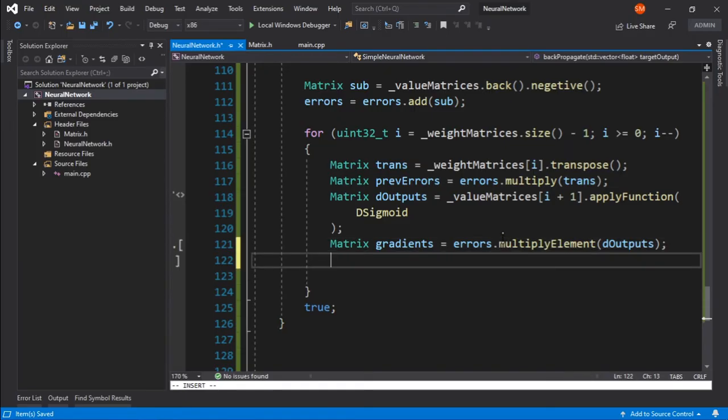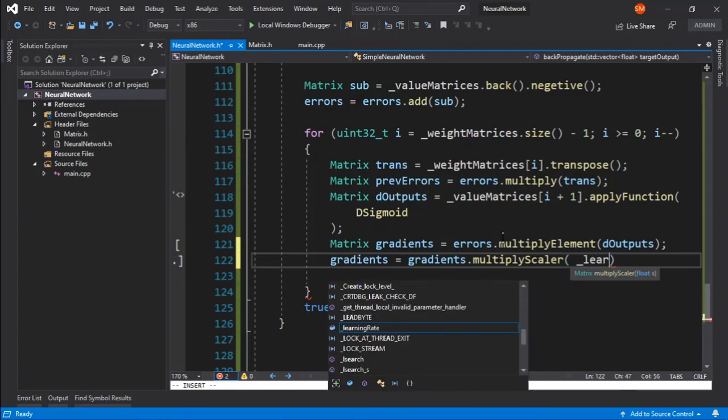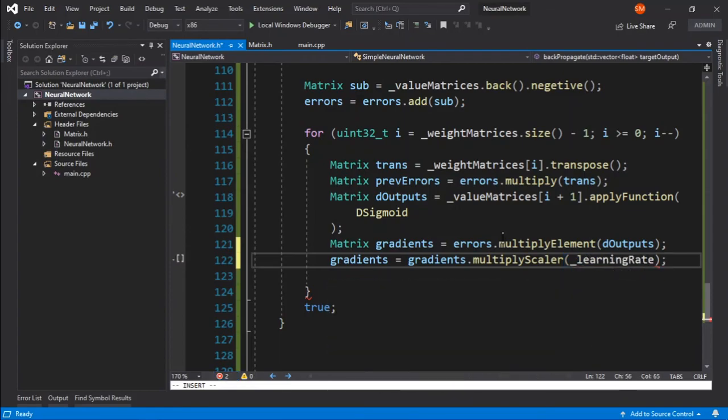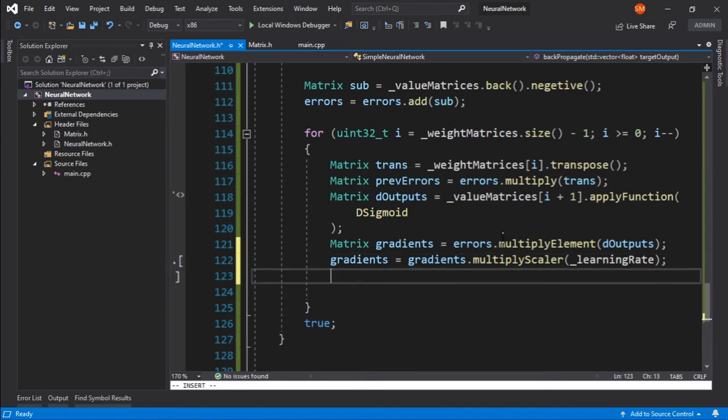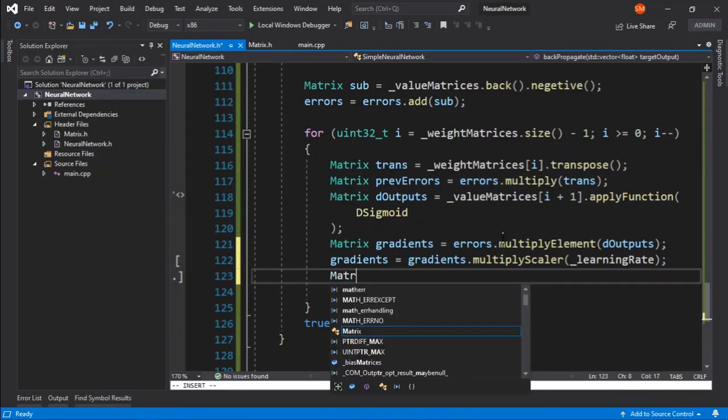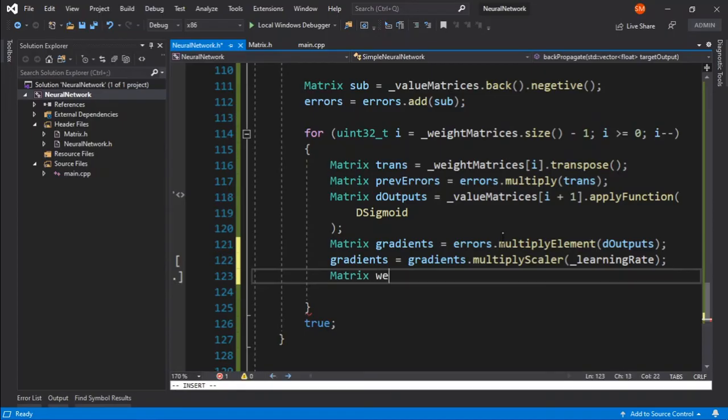Now we can say gradients dot gradients equals gradients dot multiply scalar, and we will multiply it with the learning rate, underscore learning rate, and this will give us the actual values that we need to modify. So now we have that, we can say that matrix weight gradients,